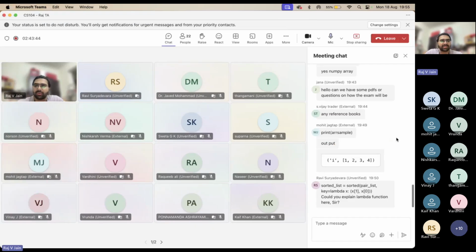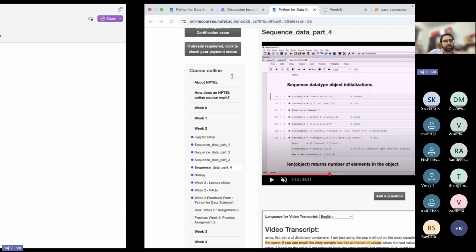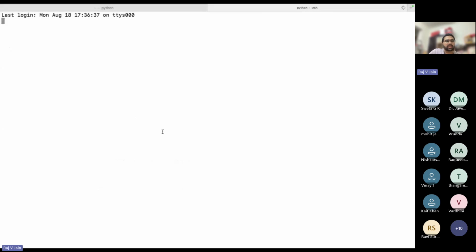Does anyone else know? Because I am not used to Spyder, so I'm not exactly sure. No, Spyder, anyway, I am using that. So yeah, you can also do it from the terminal, right? So are you using a Mac or a Windows system? Windows. Windows, then it will be a command prompt, right? So in the command prompt, you will have